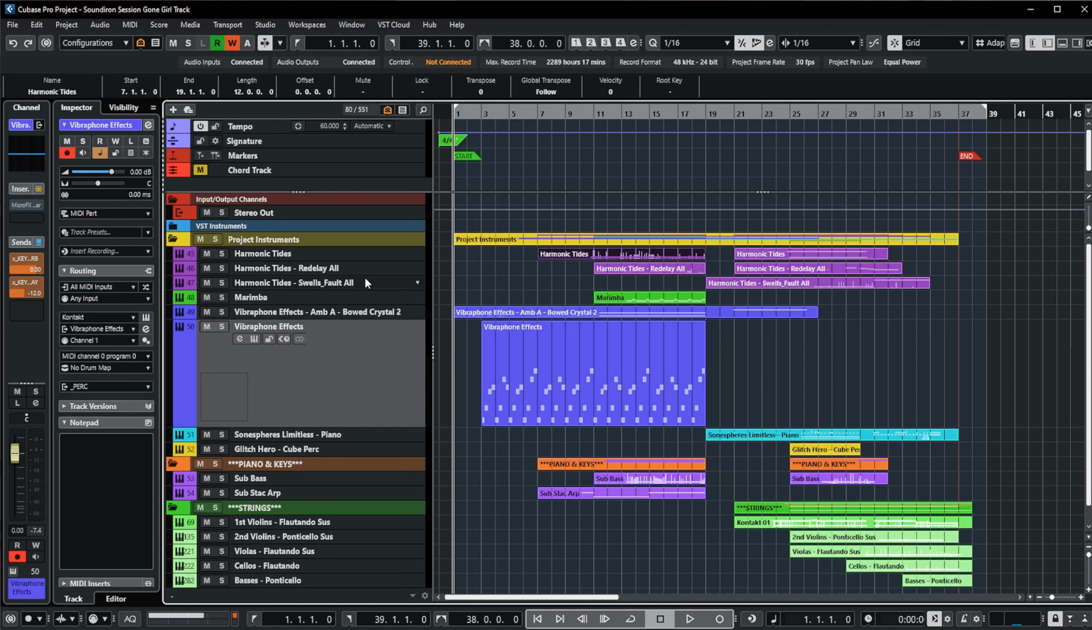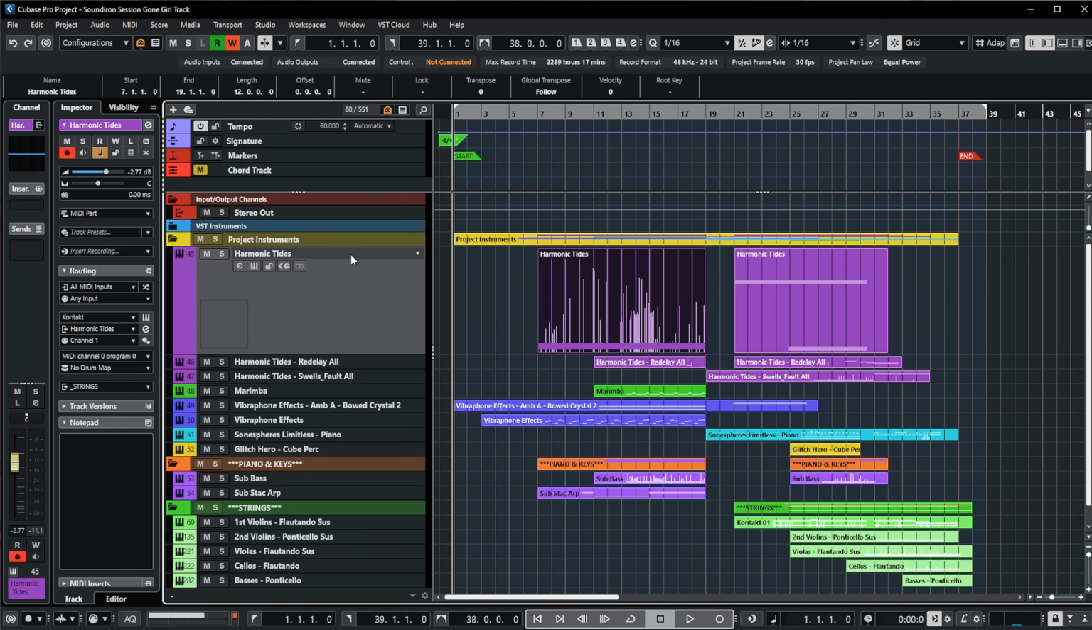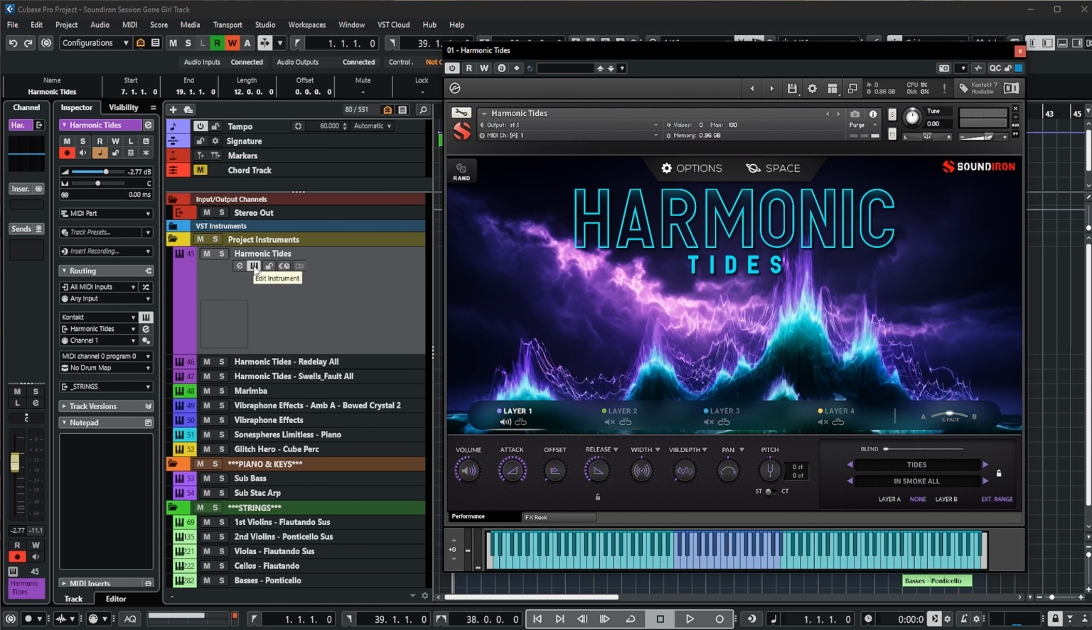And then some other instruments that I'm using are from our Harmonic Tides. I really love this library. It's got a lot of really awesome string effects and sound design too. With this one, this is the Tides, and it's the In Smoke All. What's cool about this is that you can use the mod wheel and blend between these different layers. So if you just play a single note,